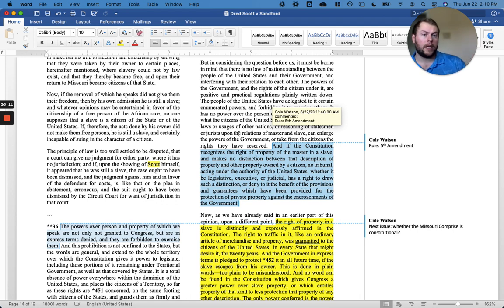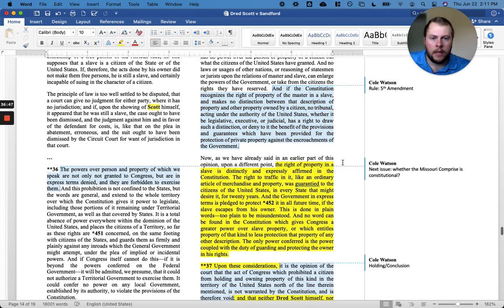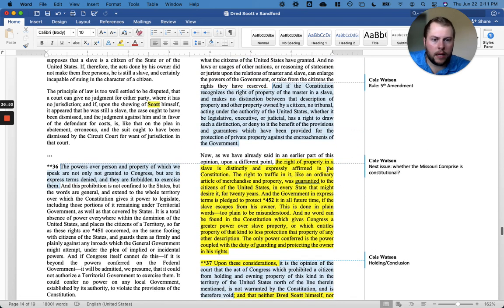Here's the Missouri Compromise that would effectually allow this sort of situation to occur, namely when a slave goes from a slave state to a free state and becomes a free man. Well, the court reasons that's depriving the property owner of his property without due process of law. So they're going to try to strike down this case, even though it's not even on for debate. They just take it upon themselves to step out of the way and say, you know what, while we're talking about slavery and we're talking about standing and property rights, let's just go ahead and get into the thick of things with the Missouri Compromise. So they say, yeah,